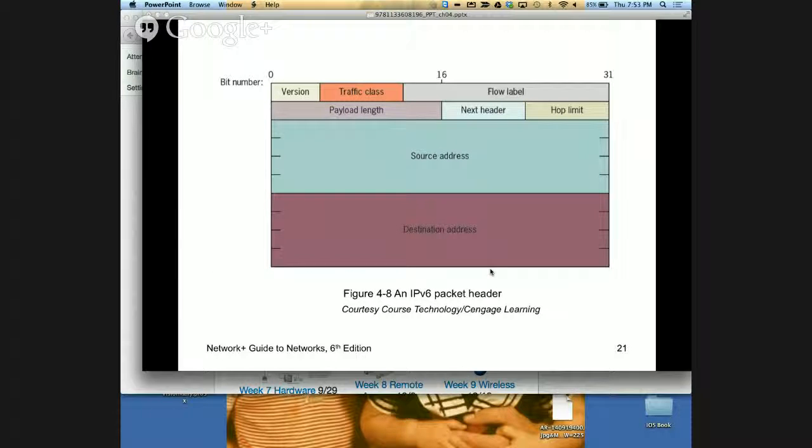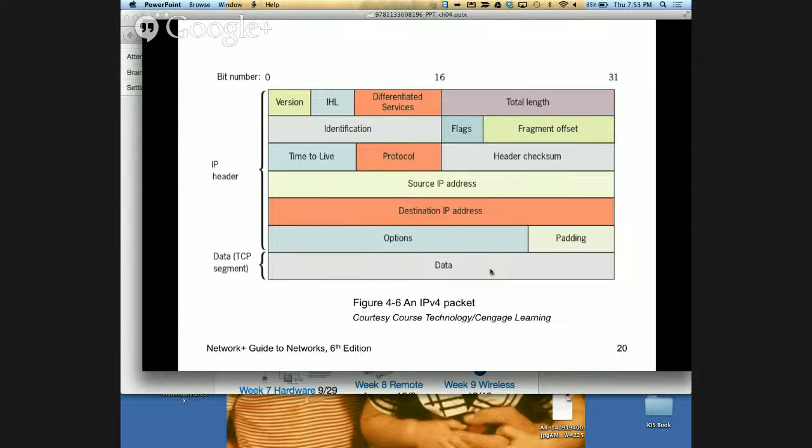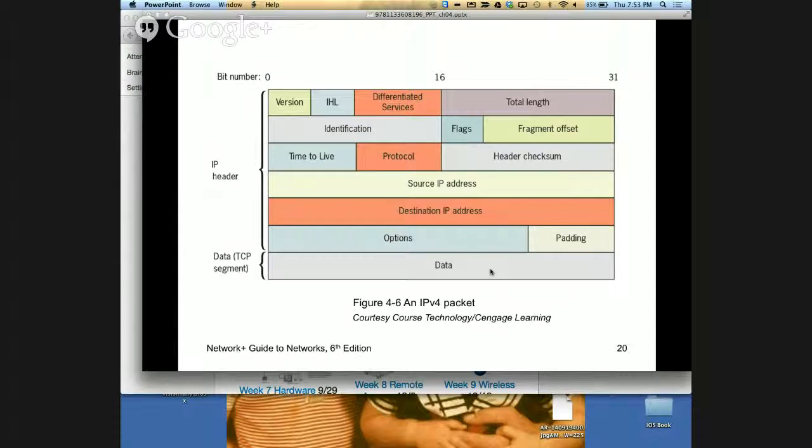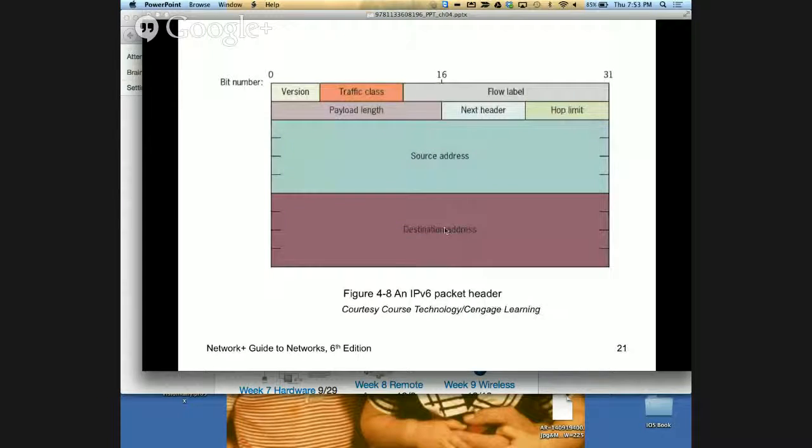The version 6 header packet, you've got version still, but notice, as we go back here, time to live's gone, protocol is gone. So you've got version. Instead of protocol and things, what they have in this one is called traffic class. It's kind of like